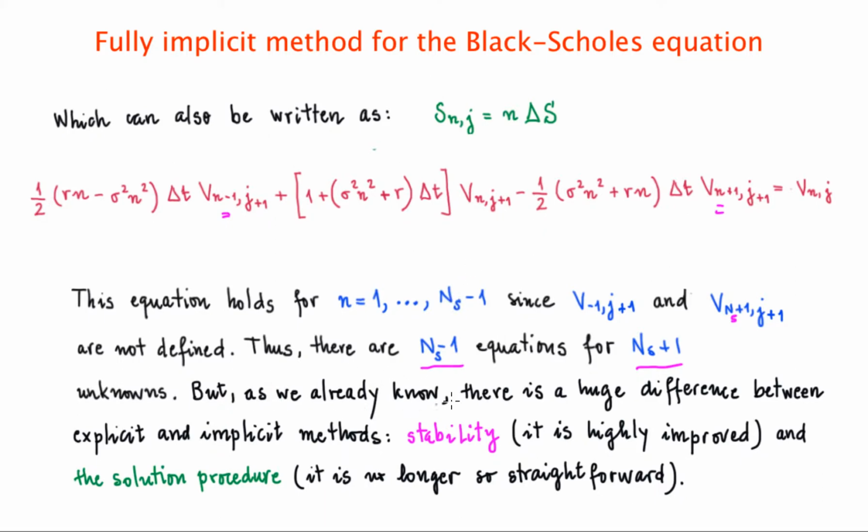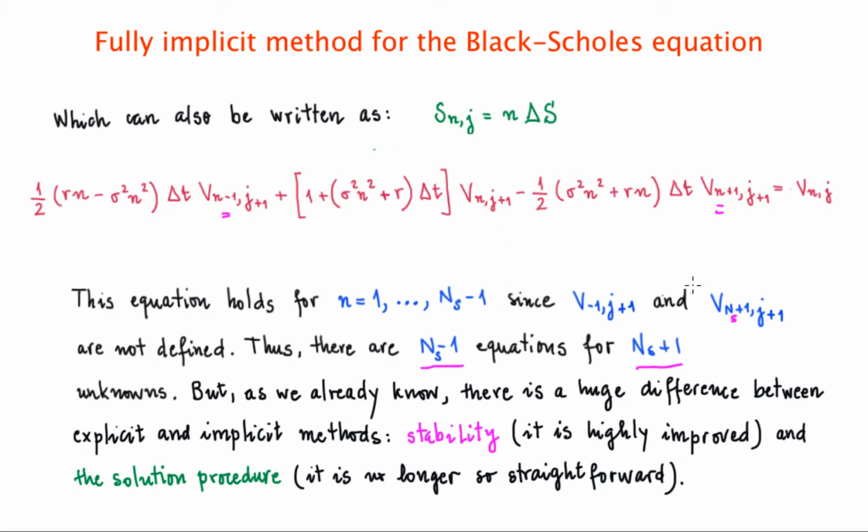And as we already know, considering the experience we have with the advection equation and the diffusion equation, there is a huge difference between explicit and implicit methods. One is the stability, which is highly improved when implicit methods are considered. On the other hand, the solution procedure. In the case of the explicit method, it was much more straightforward. It's not the case for the implicit methods,